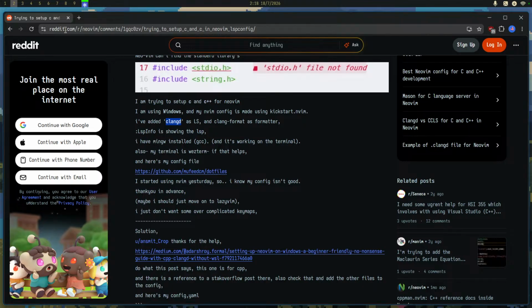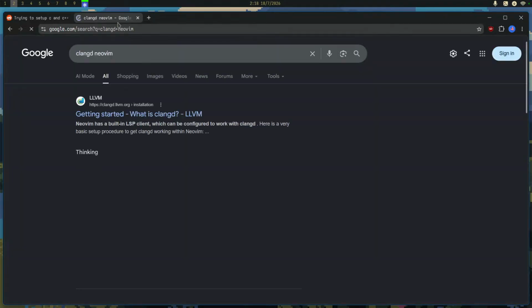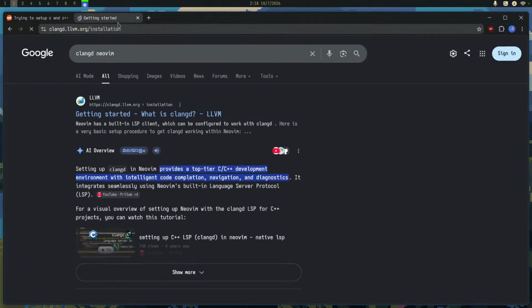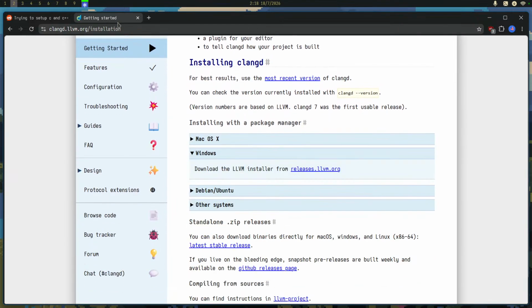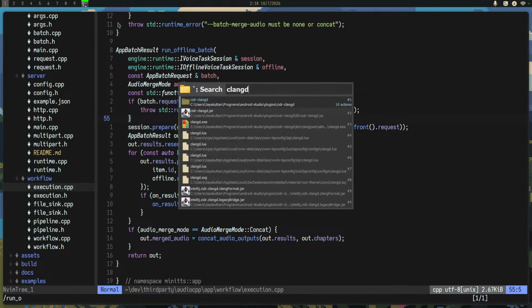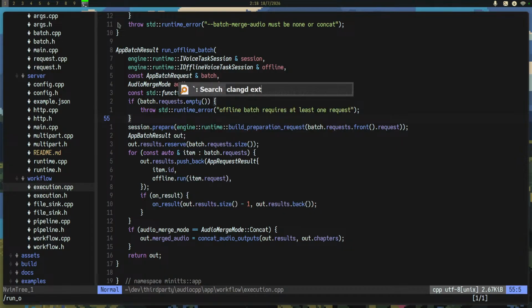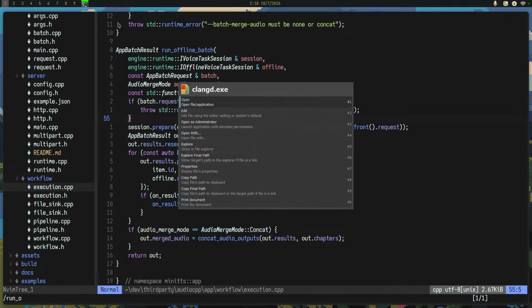He also has his community, so let's see. I don't think I have it. Let's see. I don't have.